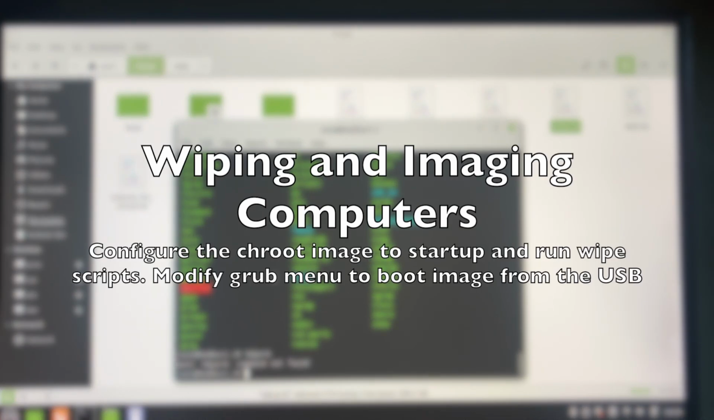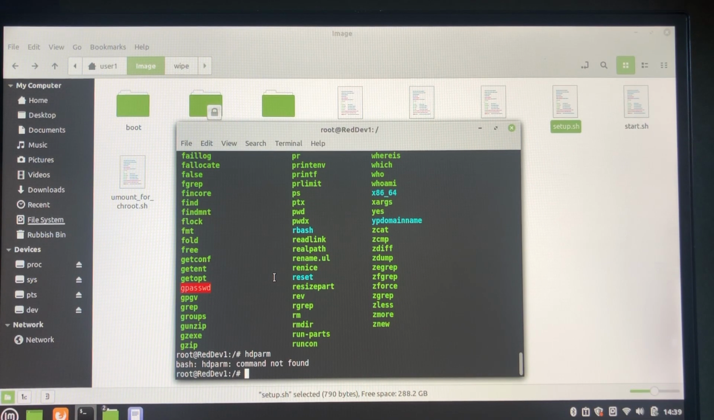Now in the last part we built a chroot environment. Remember, a chroot is a change root. It's a very simple virtual machine. You change the root so that at that point inside chroot you have an operating system of your choice. Now we're going to build out that operating system to be able to allow it to boot and to wipe